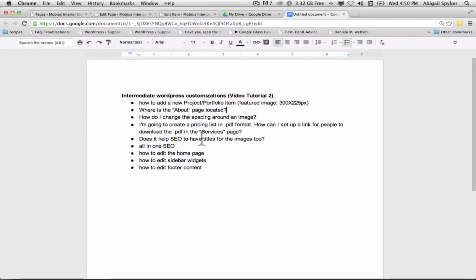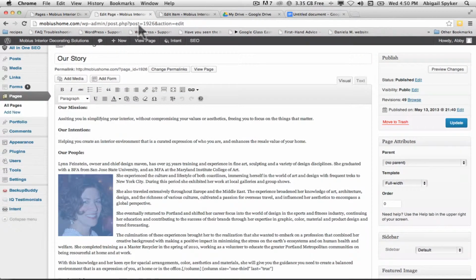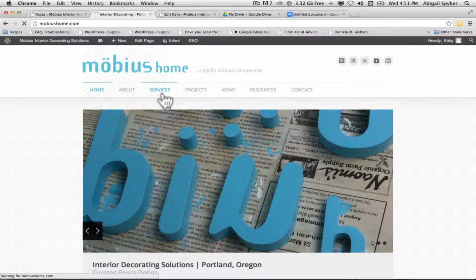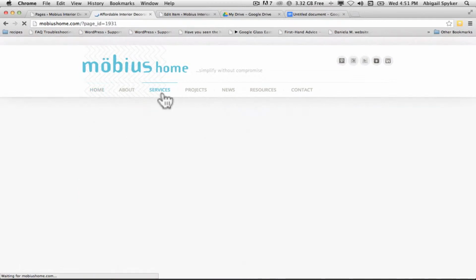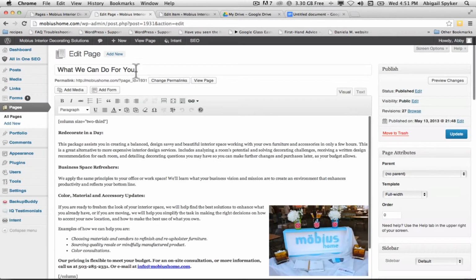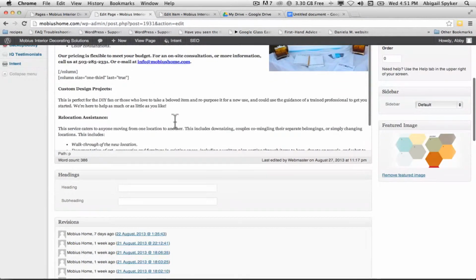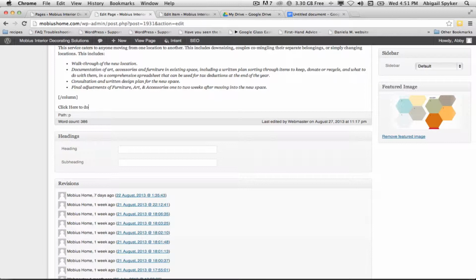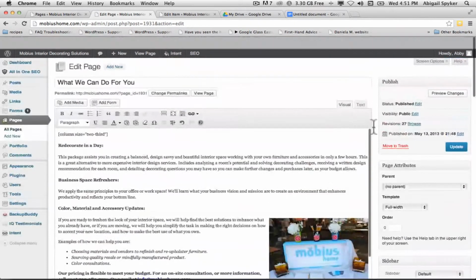Now, if you wanted to insert a PDF, say on the services page, again, I would recommend just coming from the front side and you would come to services and you would go edit page. And let's say you wanted to download the price list at the bottom here, or you wanted to add something. You could say click here to download the price list,